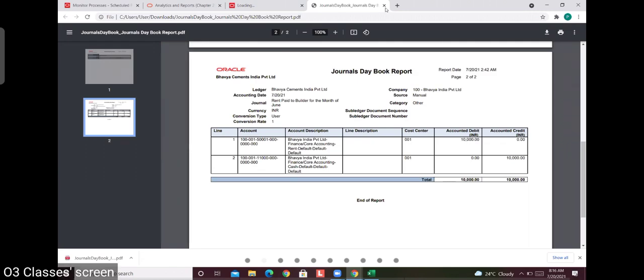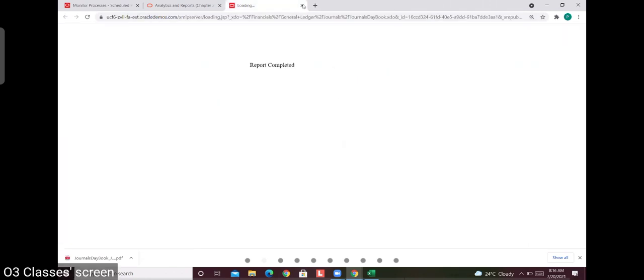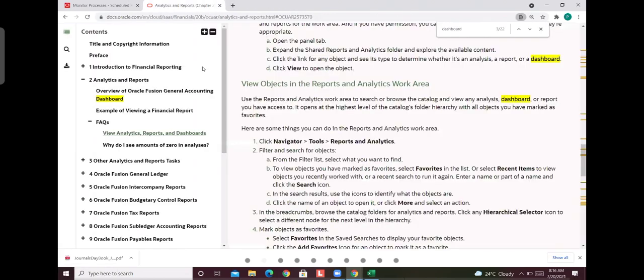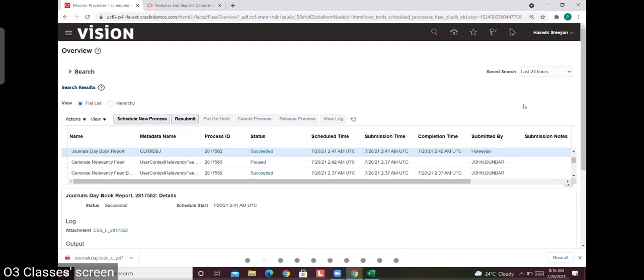Right. So you guys can go and practice this way. Sir, these reports are standard reports, right? They have already prepared the format. But can we create the format user defined? Yeah, that we can call customization. That will be done by the technical team when we have a requirement. Okay.